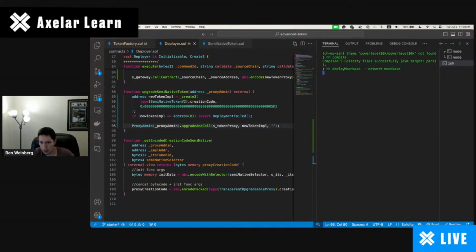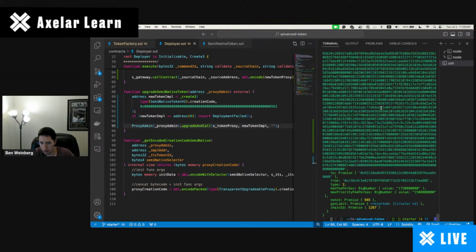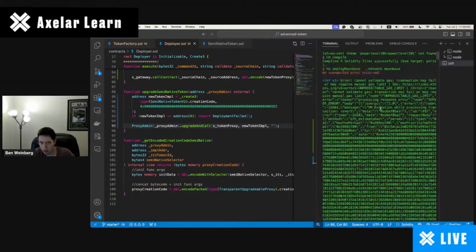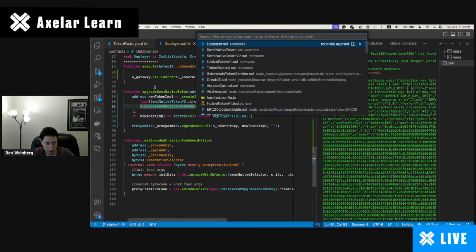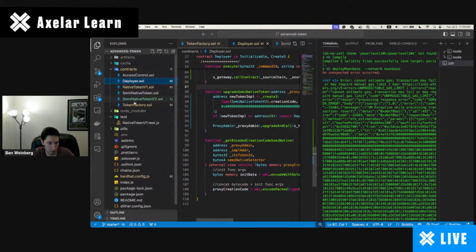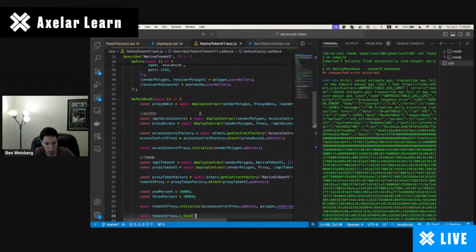So let's deploy this. Oh, there's something wrong here. Unpredictable gas. Oh, I think I know what this is. I already wrote a deploy script. Pardon me, it's very ugly. I hope this is the issue. We're using CREATE3 to also deploy these